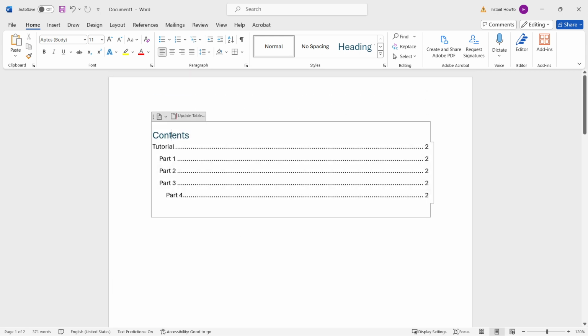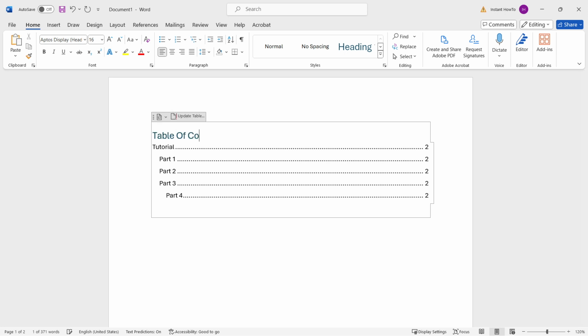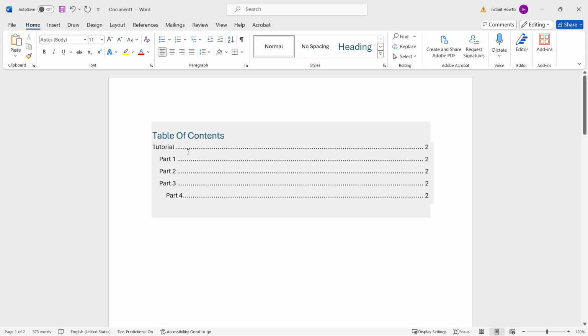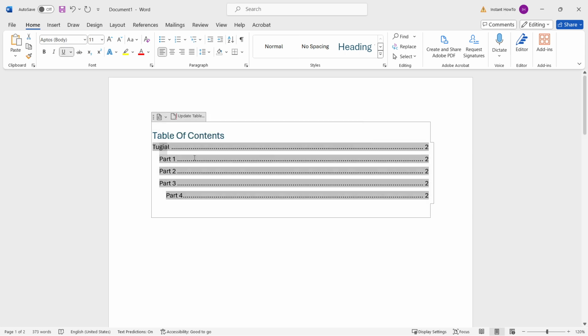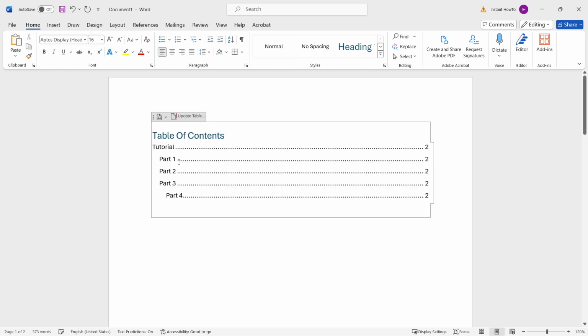And if you have, you can also, of course, change this. So you can say, let's say, table of contents. There we go. And then you don't want to press enter, but just out of here. And yeah, you can also change this. However, I would not recommend it since it's still a table of contents and it must be how it is